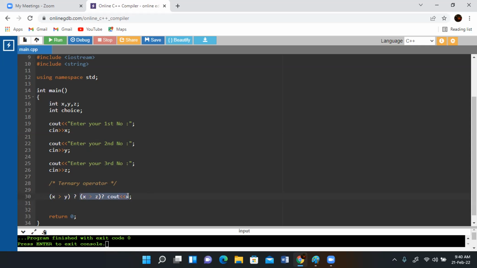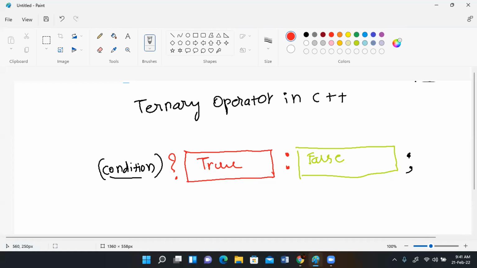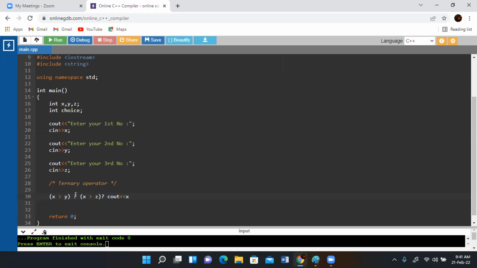सी पहले क्या किया मैंने, चेक किया x इज ग्रेटर देन y, इफ ये ट्रू होगा तो इसके ट्रू पार्ट में आएगा। अभी तक मैंने कॉलन नहीं लिखा है, तो ये ट्रू पार्ट हो गया, कंडीशन के लिए ट्रू पार्ट हो गया। इफ कंडीशन ट्रू होता है तो ये ट्रू पार्ट में आता है, कॉलन के पहले वाला पार्ट। ओके तो इफ दिस कंडीशन इज ट्रू आई विल कम हियर एंड चेक अगेन, मैं टर्नरी ऑपरेटर यूज कर रहा हूं, x इज ग्रेटर देन z, इफ दोनों कंडीशन ट्रू होता है तो आई विल प्रिंट x. Now I'm using colon. This colon is for this ternary operator. ये कंडीशन के लिए ये कॉलन है।